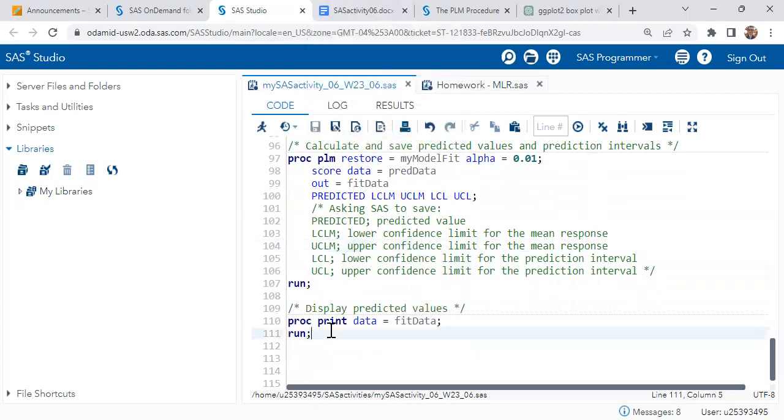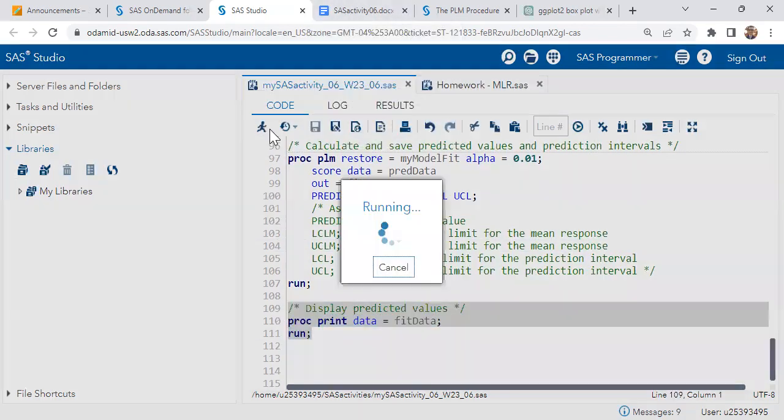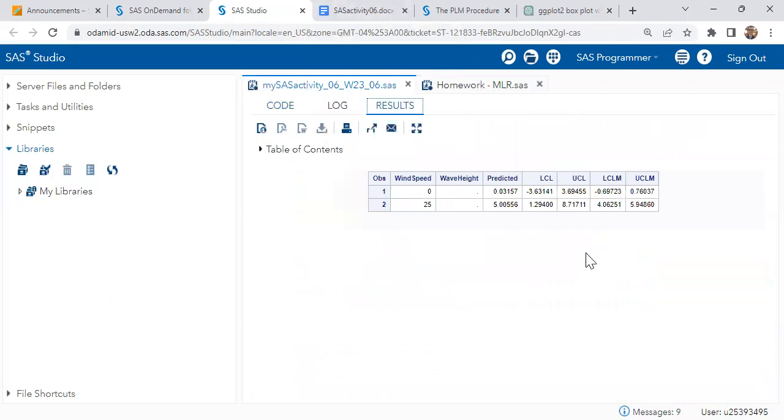So we got our predicted values. Always good to look at them and see. I think I mentioned this before, that it seems reasonable. So wind speed of 0, it's saying it predicts the peak wave height to be about 0.03 feet. So pretty much no waves. That checks out, right? And then 25 knots, which is